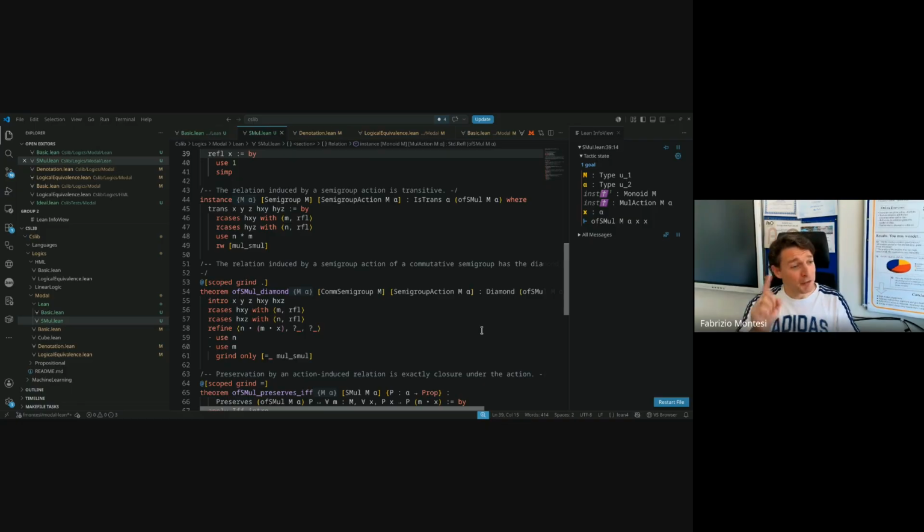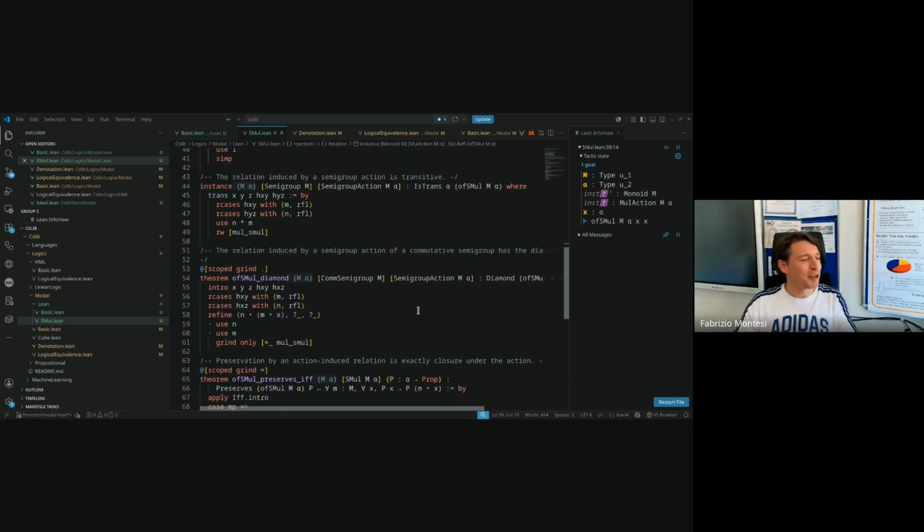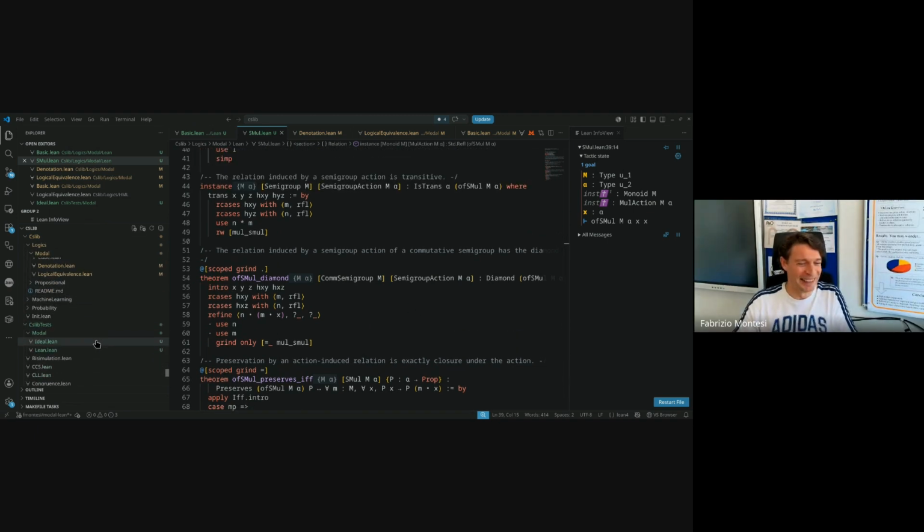Now this is a very interesting relation, and I get it for every monoid or commutative semigroup. You don't need to tell me what it is; I just get a relation with these properties. And modal logic is very powerful when you have these properties. When you have transitivity and the diamond property, you get a truckload of axioms. So then the question is, what can I use it for?